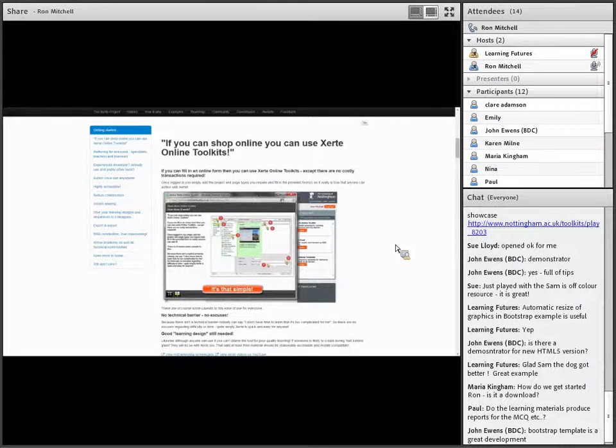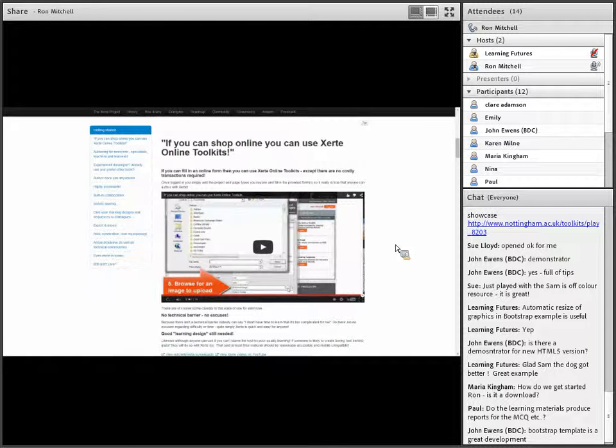And although it might be a strange interface to begin with, there's a school of thought that says with Xerte you only need to be shown how to use it for about half an hour and then you know how to use it. That's certainly true. The technical practicalities of using Xerte are very simple.